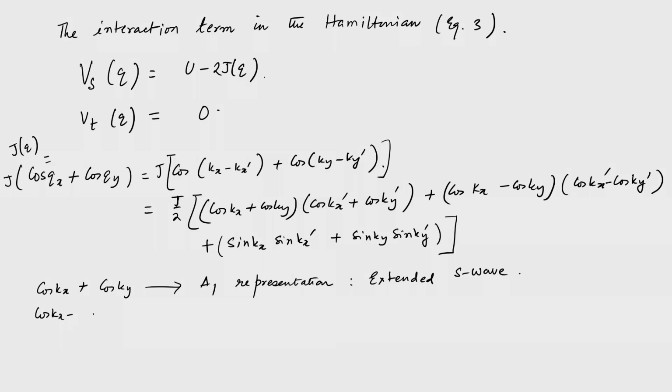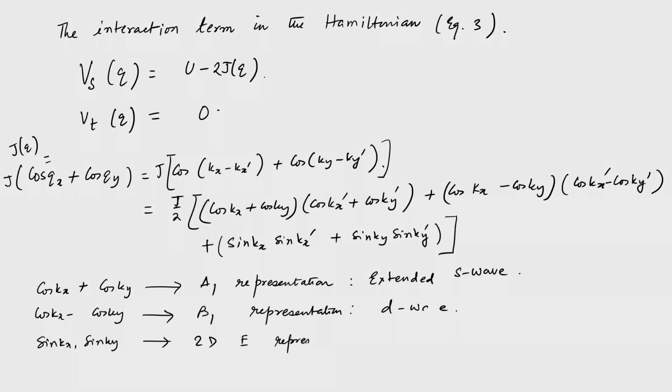Cos kx minus cos ky is a B1 representation, and as said earlier, this is called the D wave. And sin kx, sin ky corresponds to the 2D E representation. And this is called a P wave. Okay. So, the interaction term, let us write down the